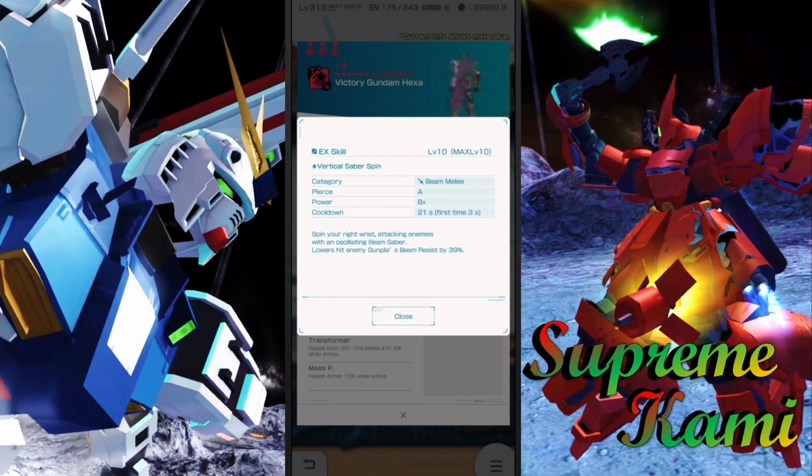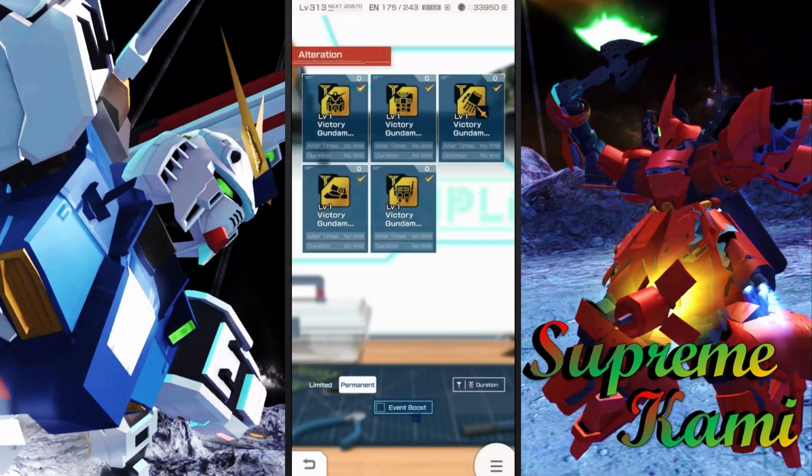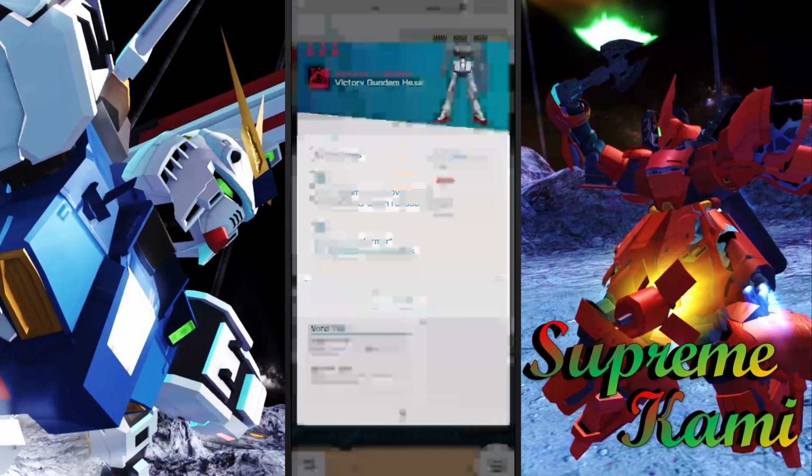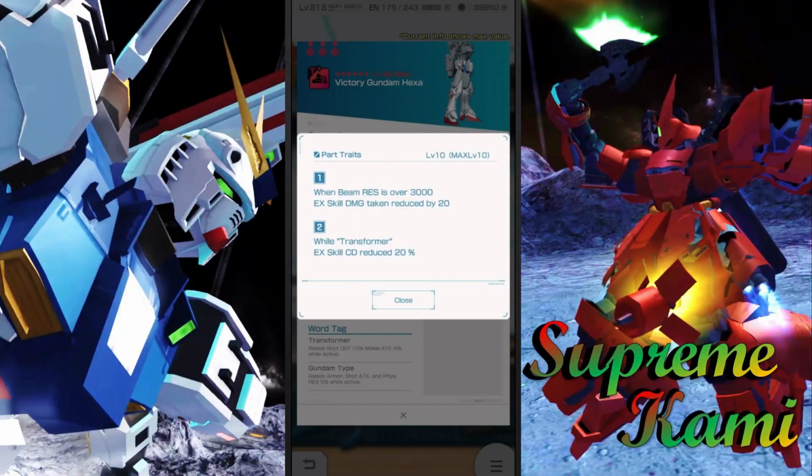So after alteration, I believe before alteration we are looking at D power. Right now after alteration, it jumps into a B plus power. So it is definitely going to be very useful now. Maybe do choose to, but like I said again, it's not the most crazy EXQ you can find, but it's definitely something. Moving over to the leg parts, stat-wise it is obviously not great, but this one could